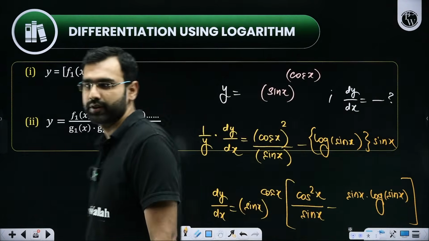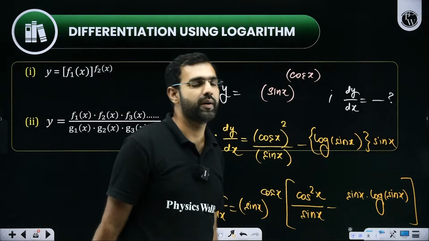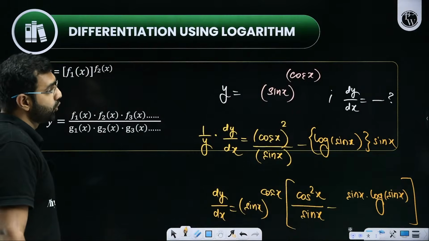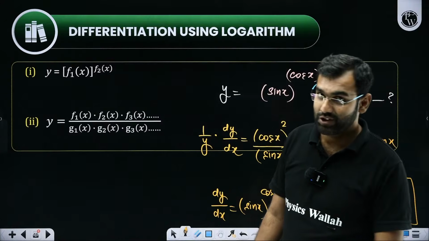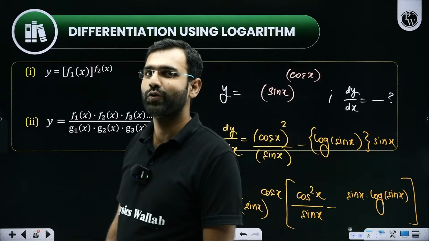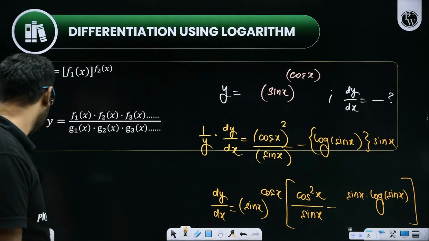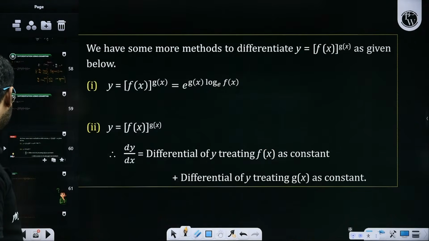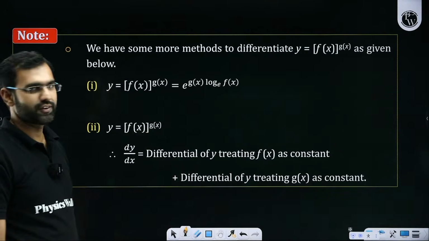Are you feeling confused? Had you been doing it with this approach only, sin x to the power cos x, it would have been slightly tougher or complicated. Sir, you told us a short trick while you were teaching us differentiation of implicit functions. Could you teach us a short trick here as well? There indeed is a short trick here. What is that? Shall we discuss it? Of course, I'll discuss the second case as well, don't worry. But if I could teach you the short trick to differentiate this category of functions,